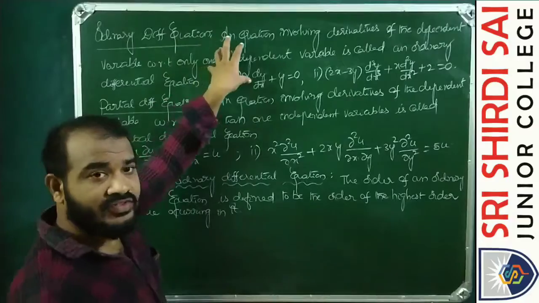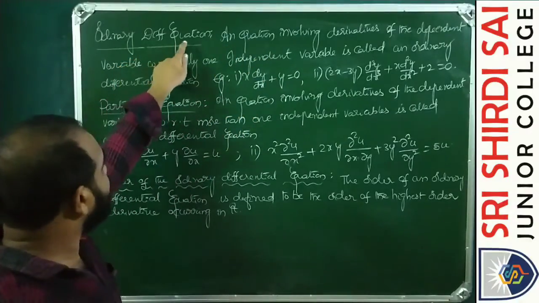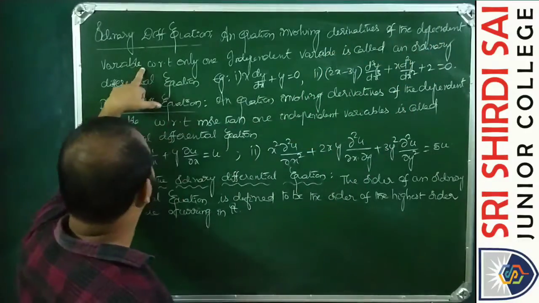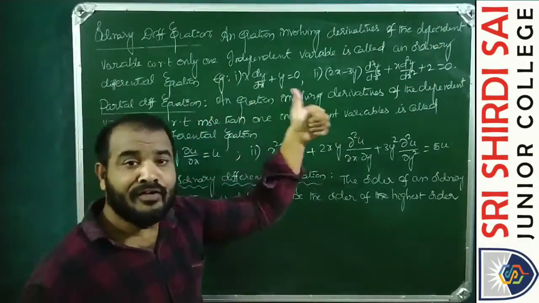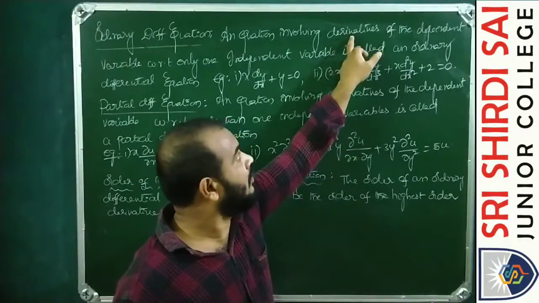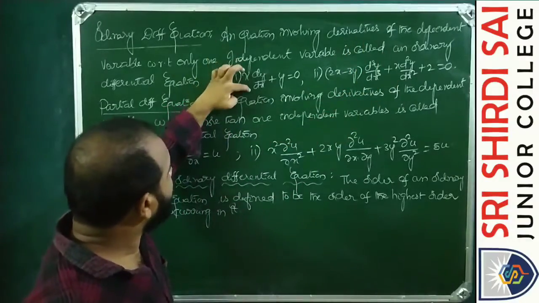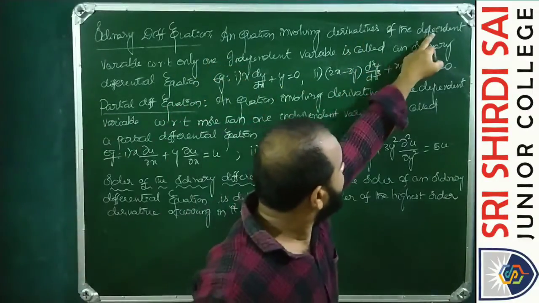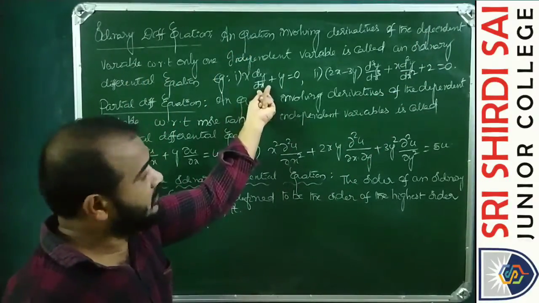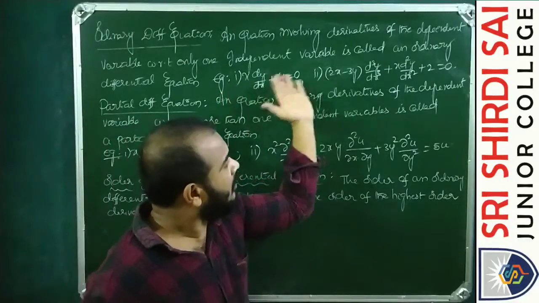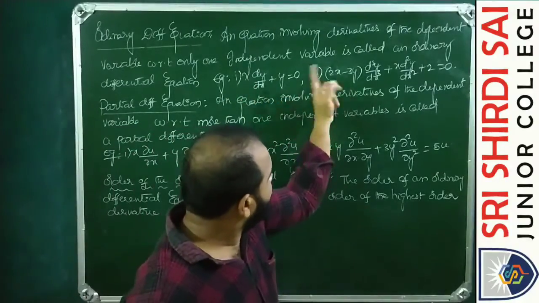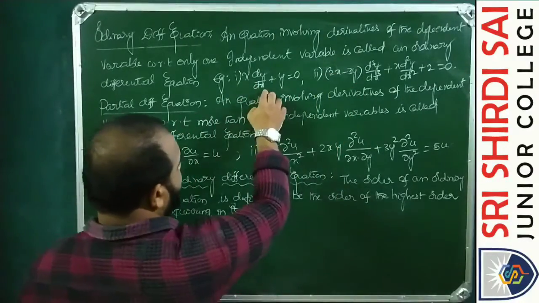So these are what we have discussed so far. Ordinary differential equation: an equation involving derivatives of the dependent variable with respect to only one independent variable. See, the derivative means d by dx of the dependent variable y with respect to only one independent variable x. Such kinds of equations are the examples of ordinary differential equations, where in both the examples here we see